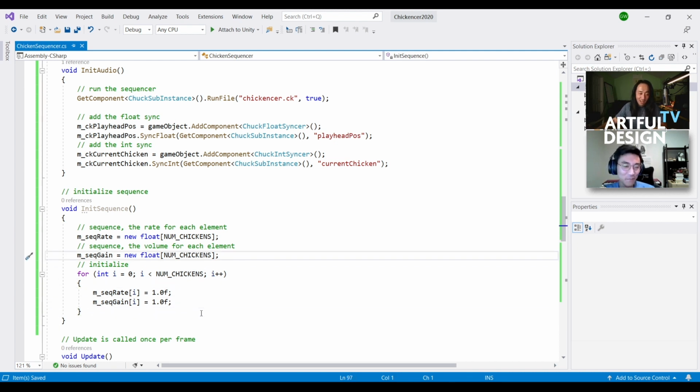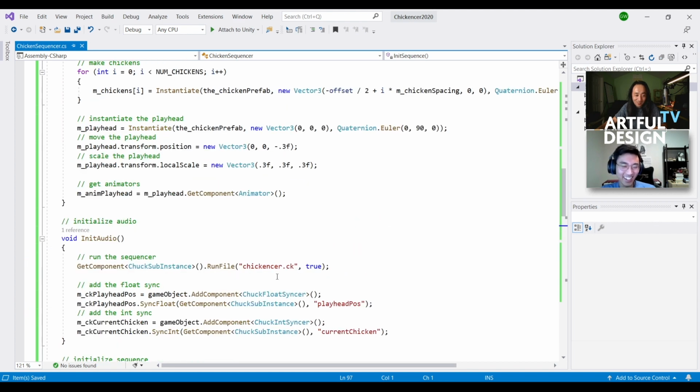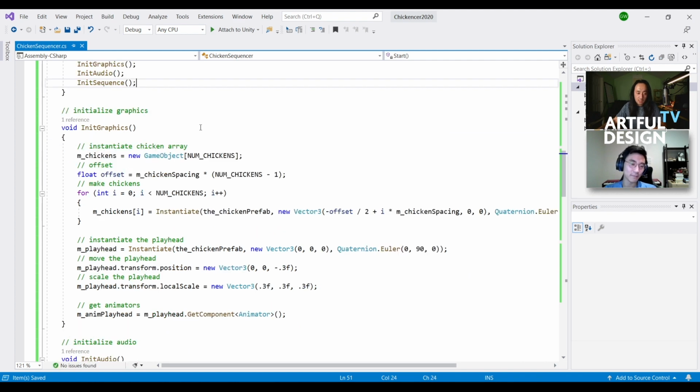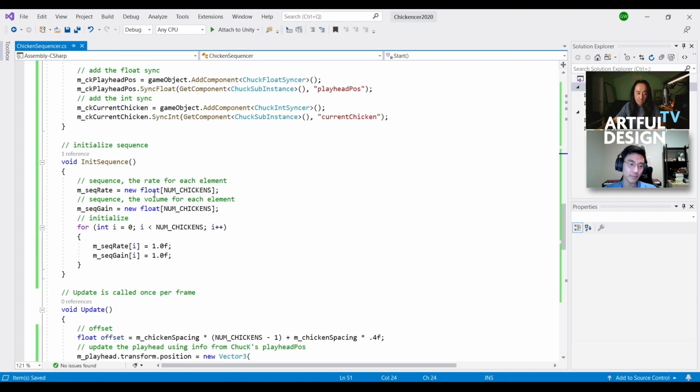But this is why we're copying the code. We can't forget totally. We're going to initialize the sequence here. Initialize graphics, initialize audio, initialize sequence. And in initialize sequence, note that we're allocating these arrays to the number of chickens. However many chickens we have, we're going to allocate that much. And for each